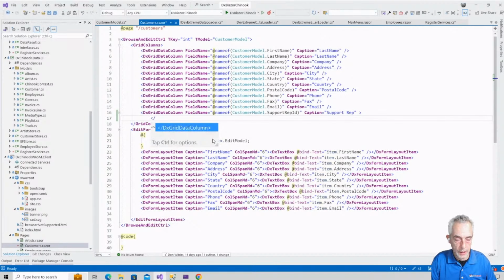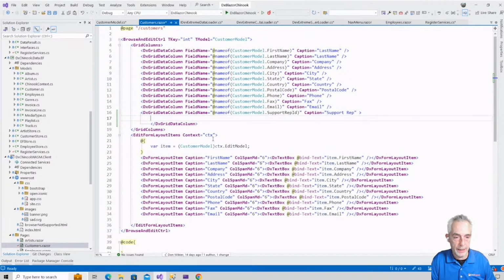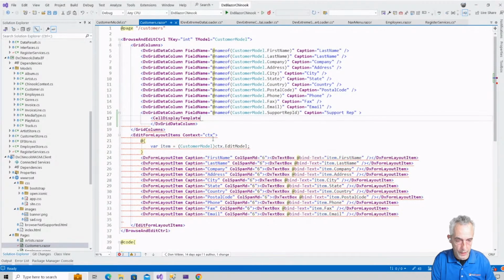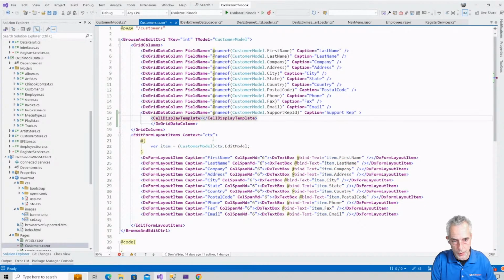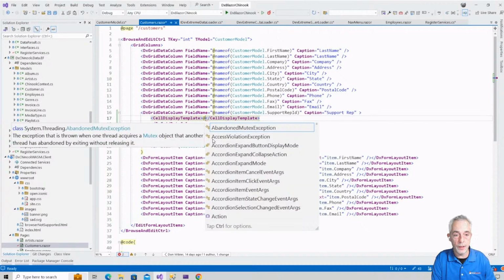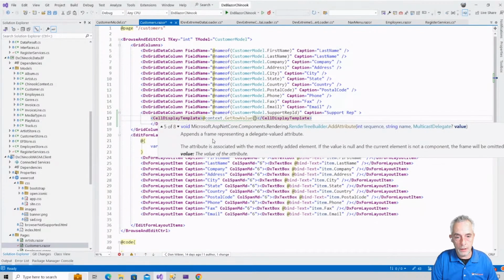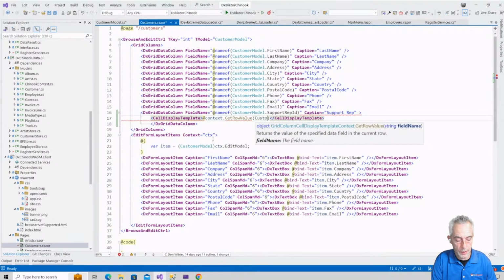And the reason that I have added that name as well is because there is also a cell display template, and that cell display template is used to print the contents in the cell. And for this reason, I will use context get row value, and in this case I will use the customer model dot,